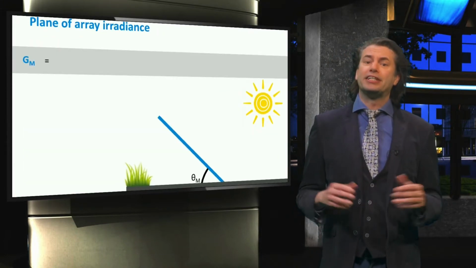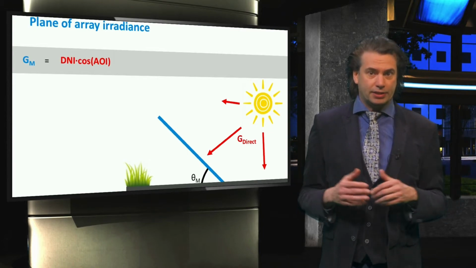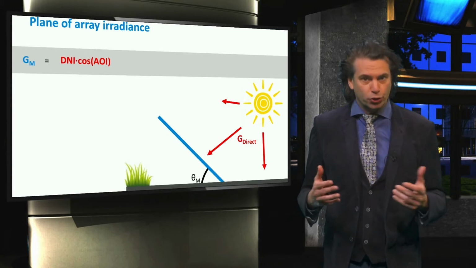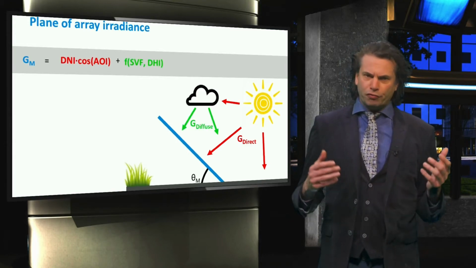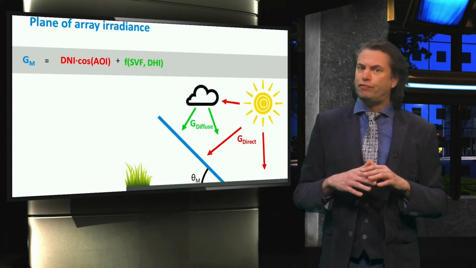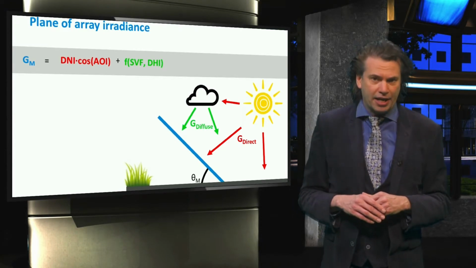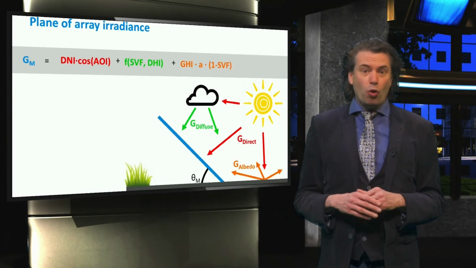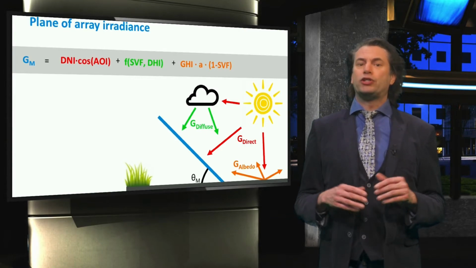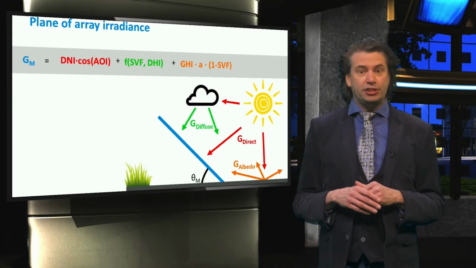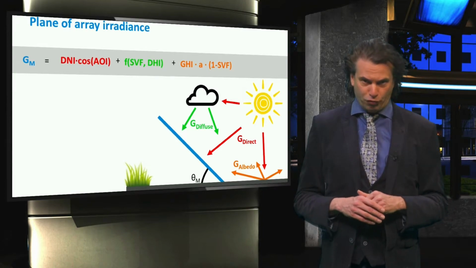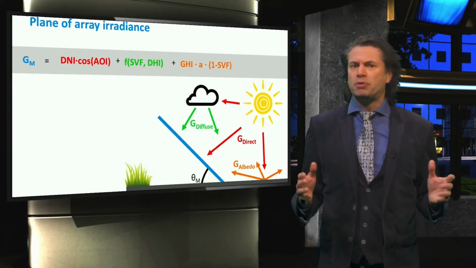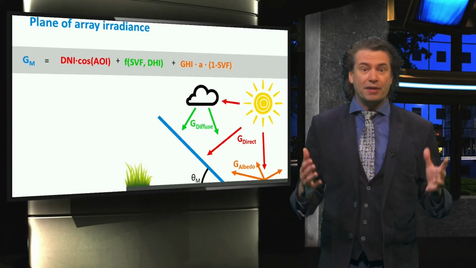The direct component is calculated with the direct normal incidence, DNI, and the angle of incidence of the sunlight on the module's surface. The diffuse component is calculated with diffuse horizontal irradiance, DHI, and the sky view factor. Finally, the albedo or reflectant component is calculated with the global horizontal irradiance, GHI, and the sky view factor. Both the angle of incidence and the sky view factor can be determined with closed formulas that depend on the